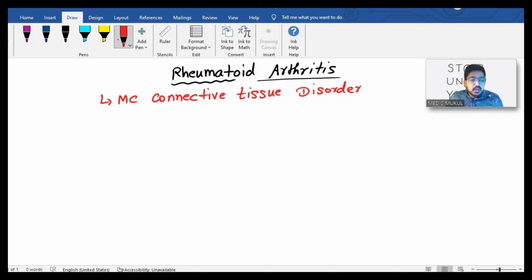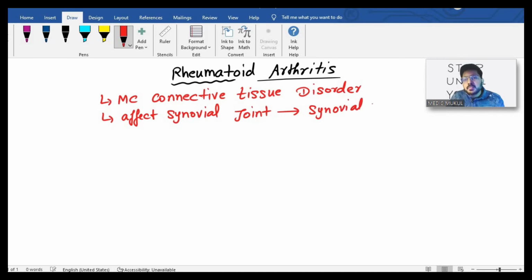Always remember that it affects the synovial joint. In the synovial joint, we have synovial fluid. So when the synovial joints are affected, the synovial fluid is affected. We will see loss of synovial fluid, due to which narrowing of the joints will be seen in case of